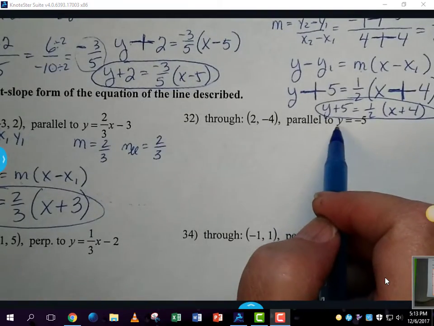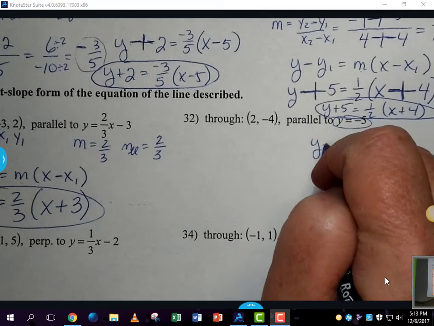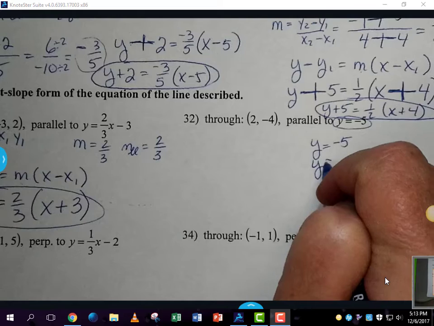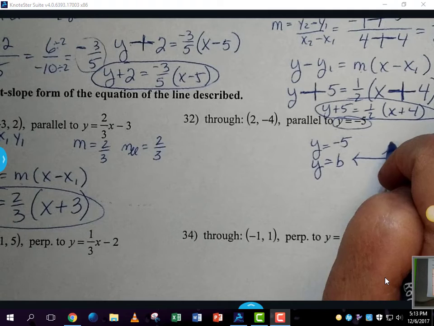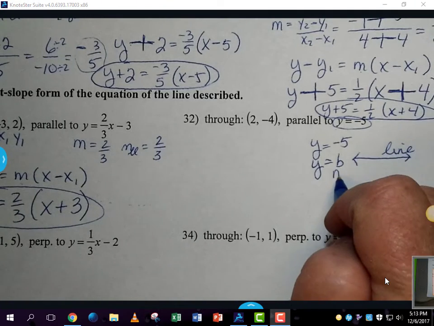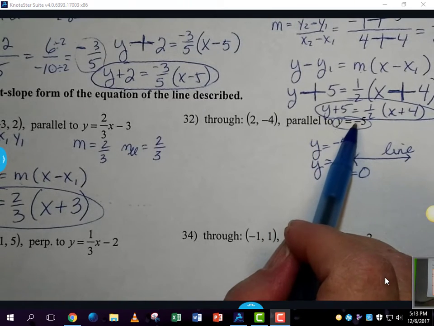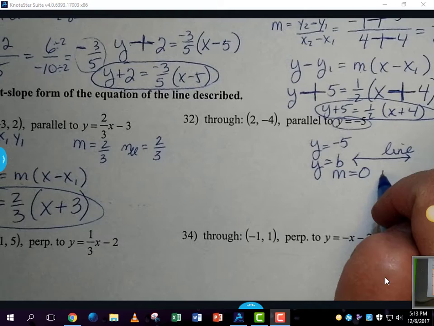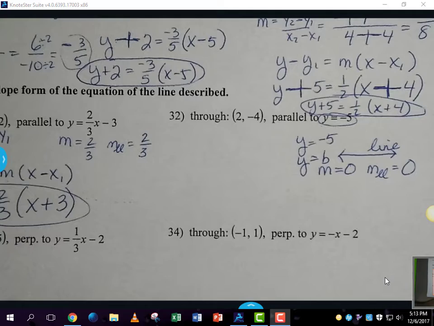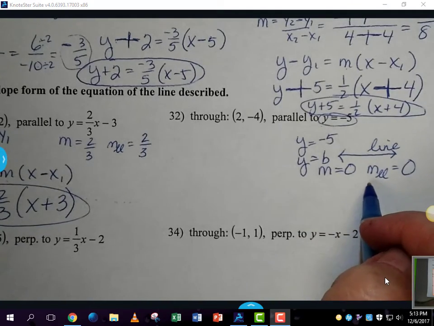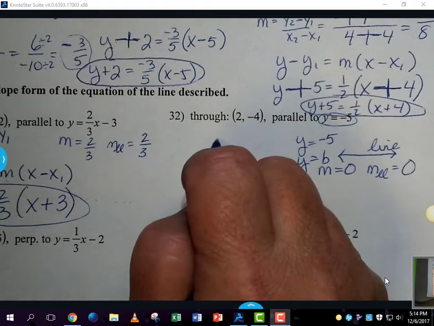Okay, this one is also parallel. So this is the line y equals negative 5. That's in the form y equals b, which is a horizontal line. Therefore, the m is equal to 0. So the m for this is equal to 0. The m that would be parallel is also equal to 0. So if I'm writing a line that is parallel to y equals negative 5,